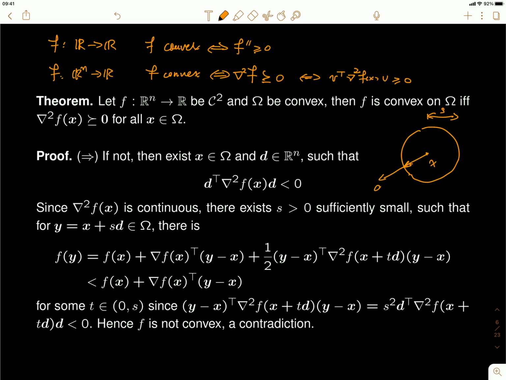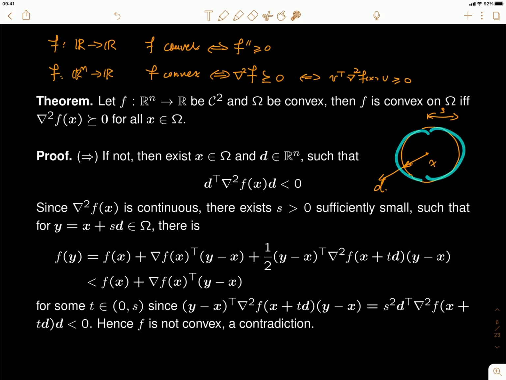So this originally is the d direction, but I'm going to go along the d direction with this s small enough. By the way, here we can assume this d to have a unit length. If you like, you can call this d to have unit length, because if you scale this d by some positive number, it's still negative. And then in this case, if you go along the direction d with a step s, so from x, go along the direction d with a step just s, then your y will be in the